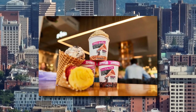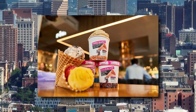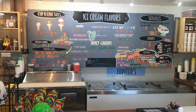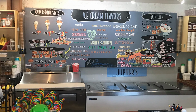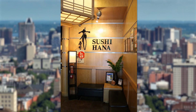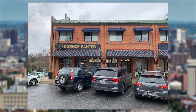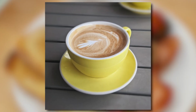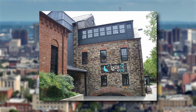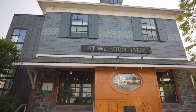There are convenient shopping and grocery options here with a Starbucks and a Whole Foods, a Taharka Brothers, which is a local Baltimore ice cream shop that specializes in hiring people who may not easily find jobs elsewhere. Their ice cream is world renowned, and you can find it there in person or at a lot of local grocery shops in and around Baltimore. There's a Sushi Hana, which is a local sushi chain, and the Corner Pantry, which is a favorite spot for breakfast, lunch, and coffee, along with catering options. Cute boutiques for high-end fashion and gifts, and a few restaurants like the famous Mount Washington Tavern